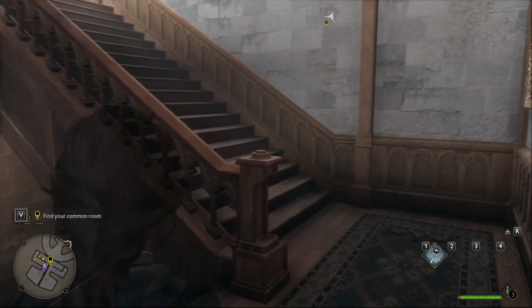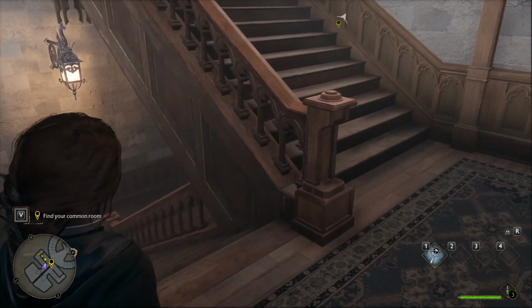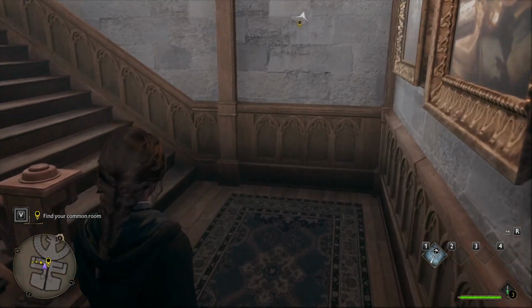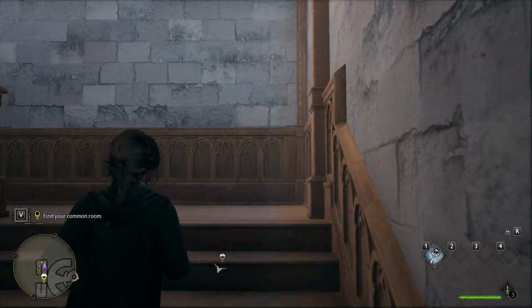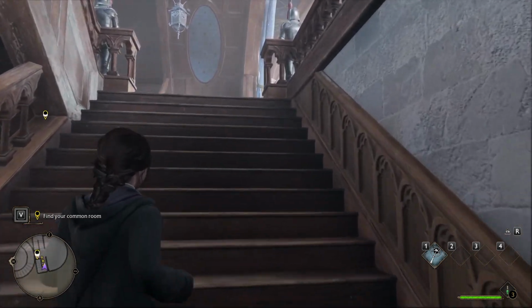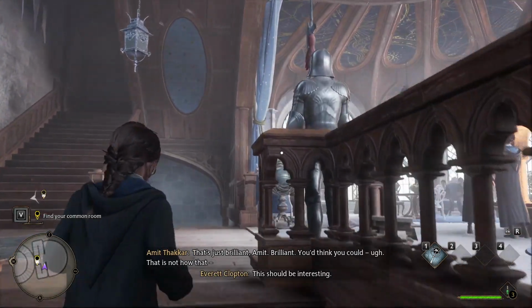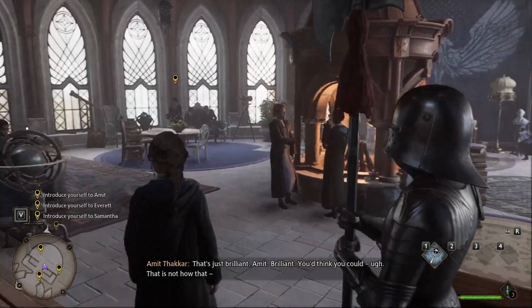The question is, do we go up or down? As a fifth year, I feel like we should go down, but I think we want to go up. That's just brilliant, Amit. This should be interesting. You'd think you could... that is not how that...